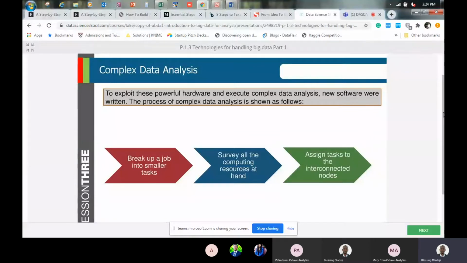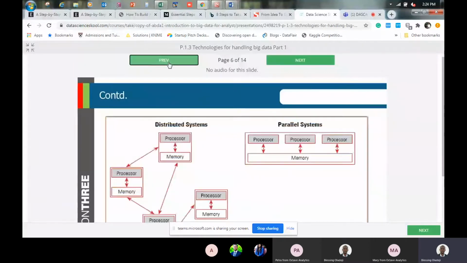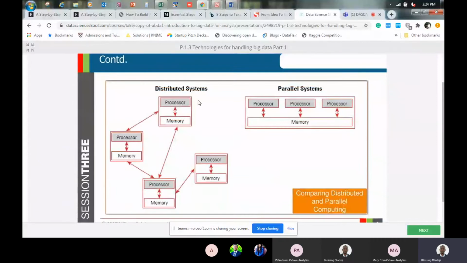So if we go back to this previous image, for instance, if there's a job that needs to be done within this distributed computing environment, we can split that job into smaller units, into smaller tasks, and assign each of those tasks to each of these processing units, the processor and the memory. So each of these is a computer actually. So assign the job to each of these computers, and they get it done, and then the result is combined together and is returned back to